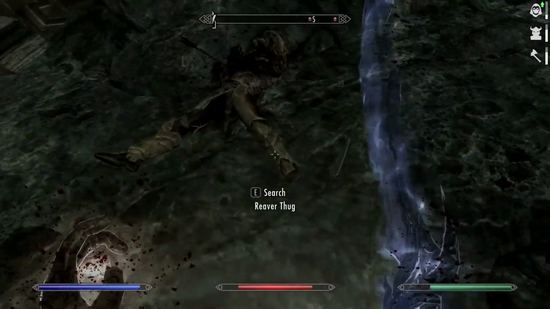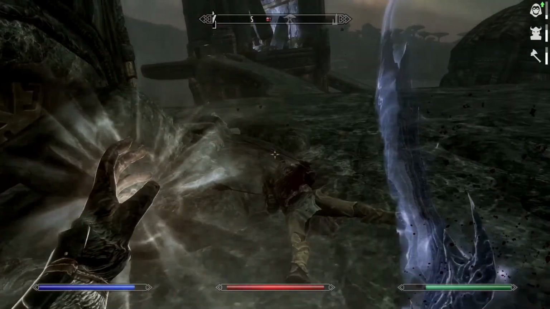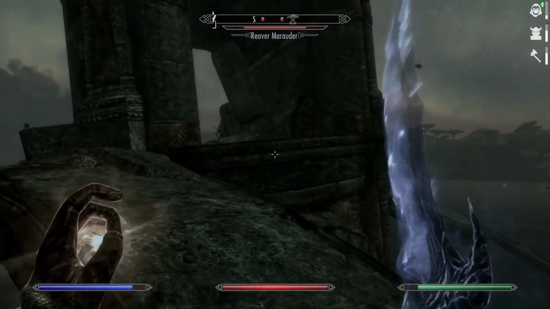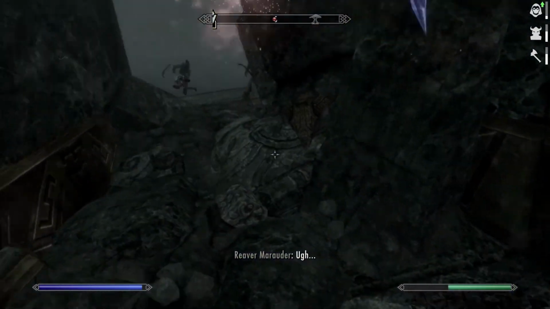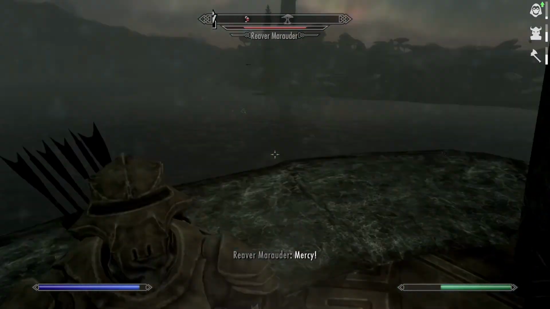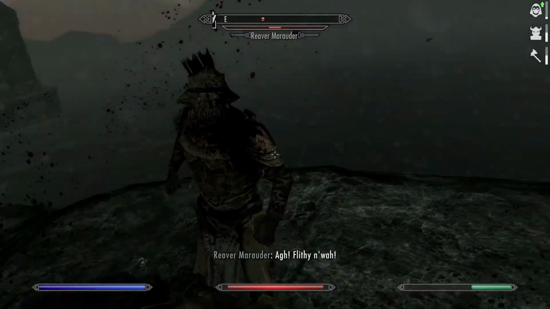Let's get the healing in. Ow! Well, at least this is giving me lockpicking, light armor and heavy armor increases. Jesus, this Marauder hits bloody hard. Ow! Oh, he just got flown off the edge. Let's just kill you off because I don't want you killing me any more times. Come on, come on, come on. Oh, you don't do much